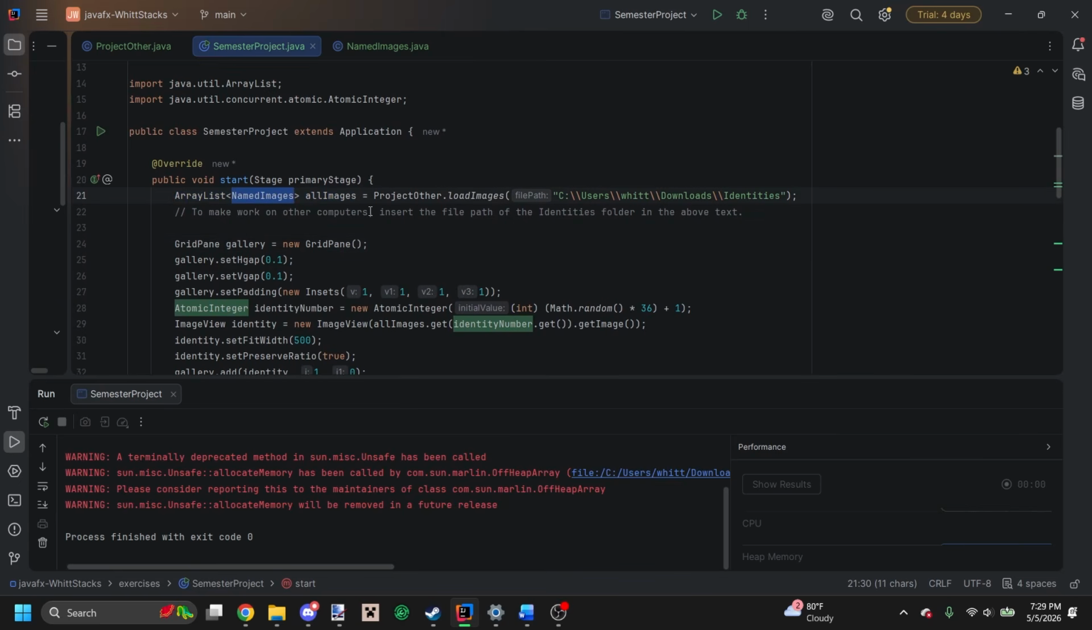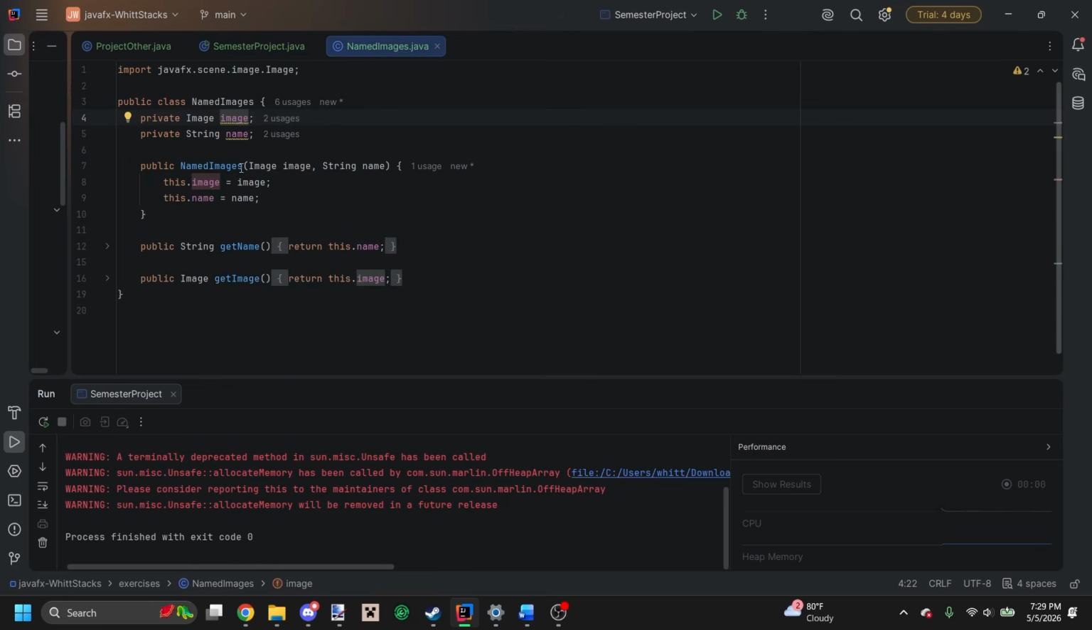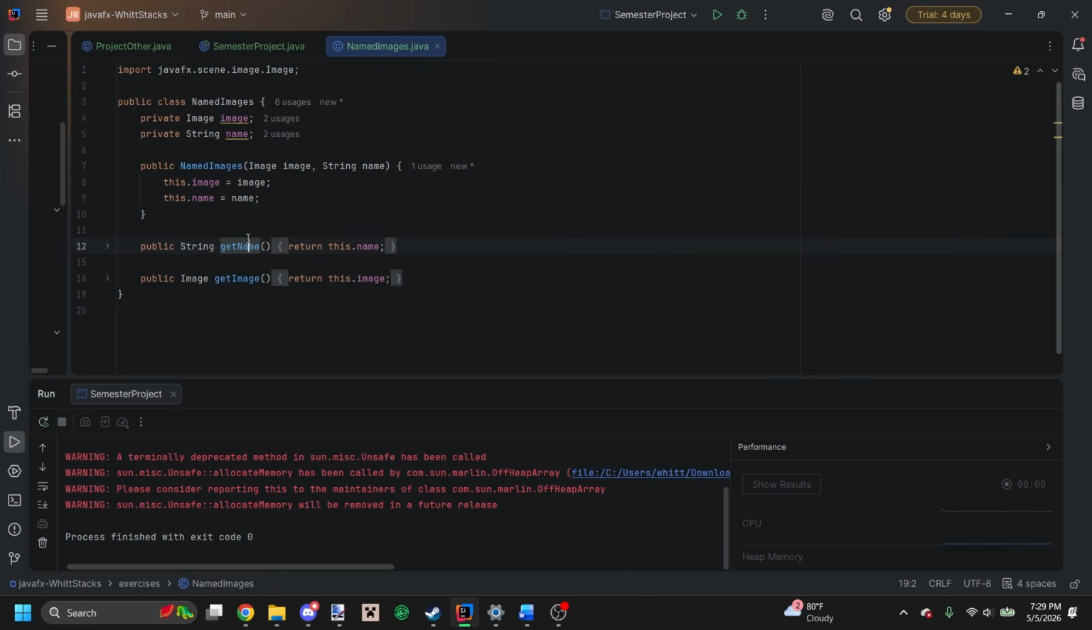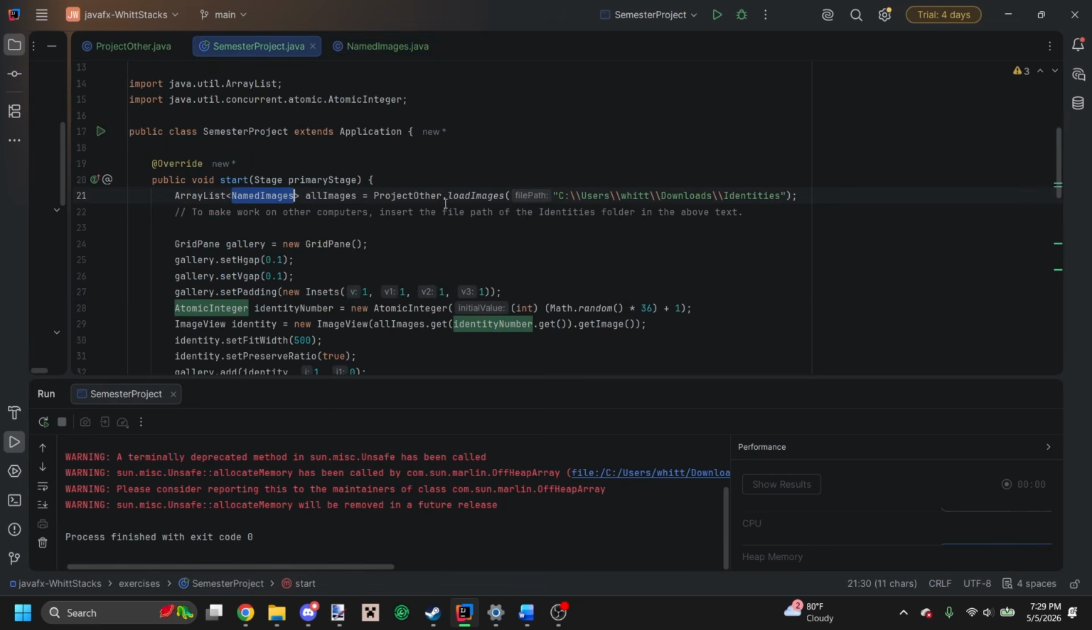Now, NamedImage is an object I made, and this is the NamedImage class. All it does is generate an image and generate a name. That's all it does. And then there are two getters right there. This is an insanely complicated class, I know. But